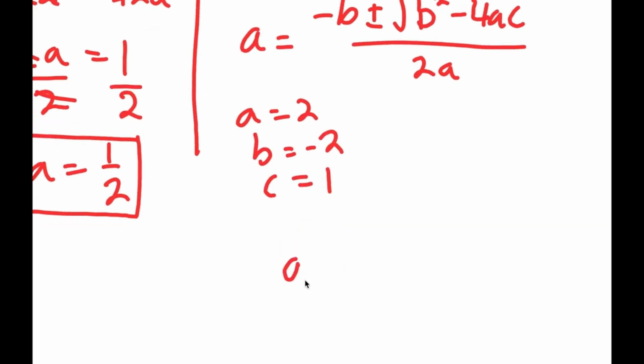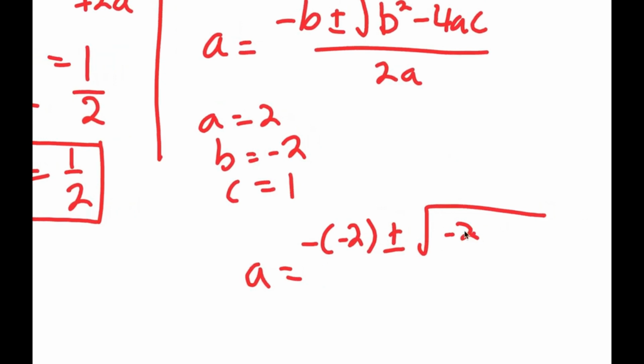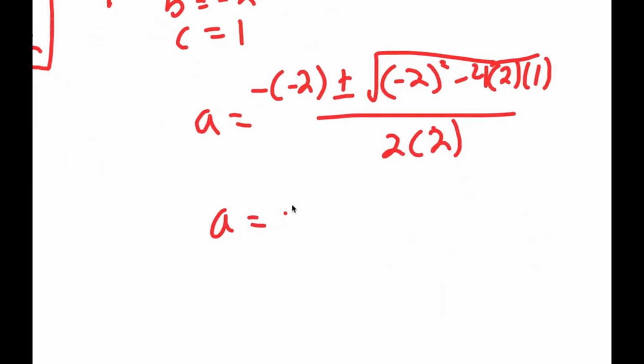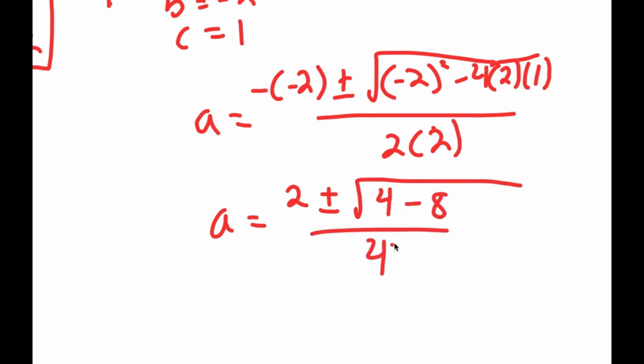So I plug these values in, I get negative of negative 2 plus or minus the square root of negative 2 squared, minus 4 times 2 times 1, all over 2 times 2. And now this is equal to positive 2 plus or minus the square root of 4 minus 8 over 4,